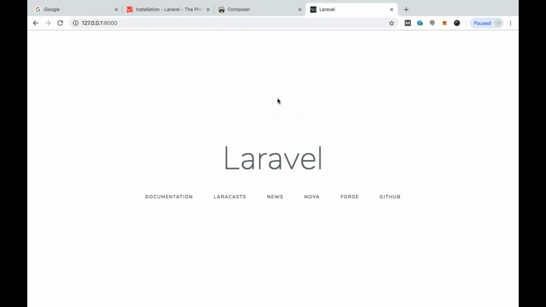Yeah, and next we will configure Laravel and Vue.js and develop a single page